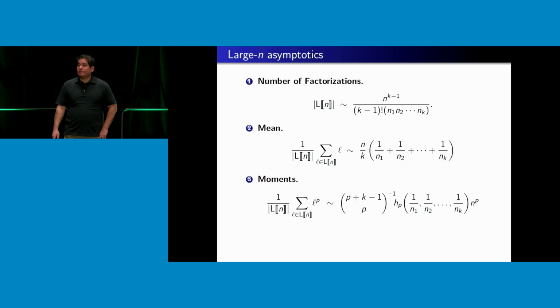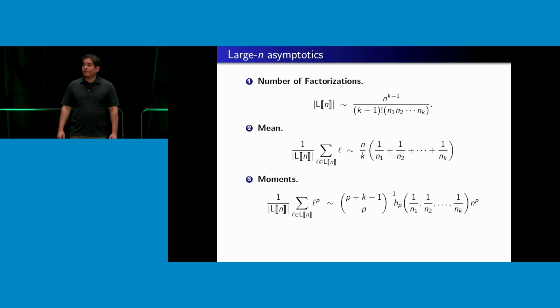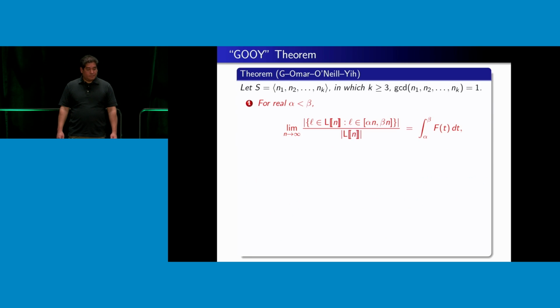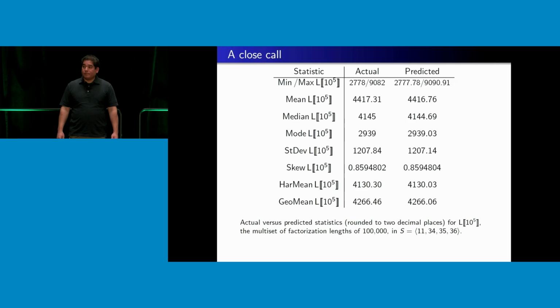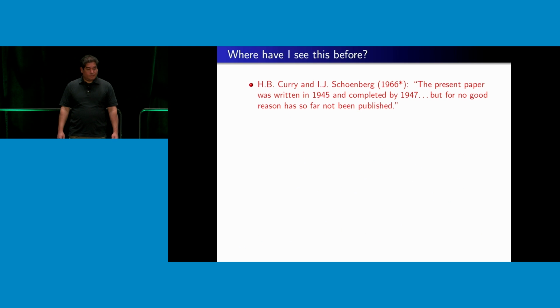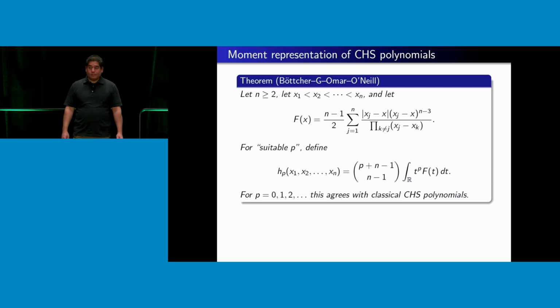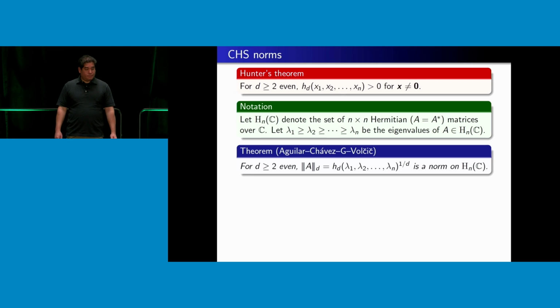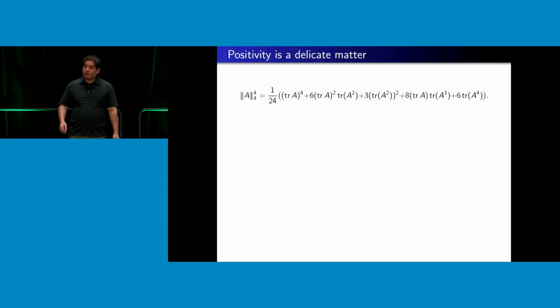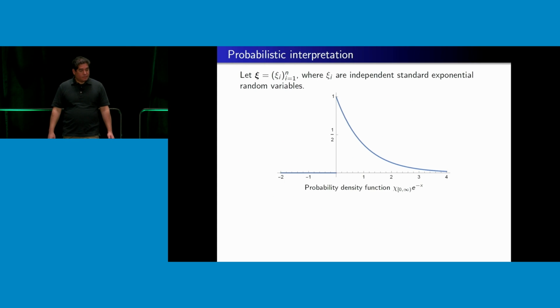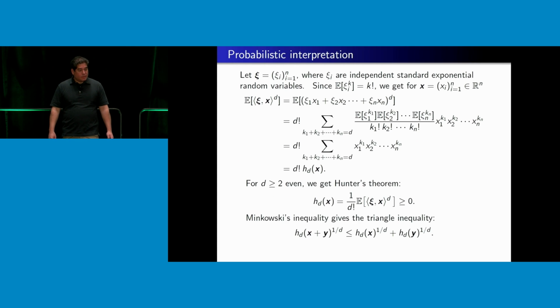So you say that in your work you're trying to establish more of these weird norms about absolute signs using other sorts of random variables besides exponential. But when I was hearing the whole talk, it seems like there were some properties of CHS polynomials that really tie into how you can define a norm. So in your own work, do you approach it with the random variables first, or do you approach it with a polynomial first?